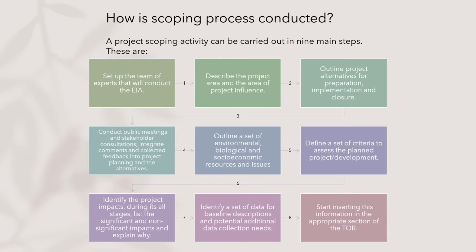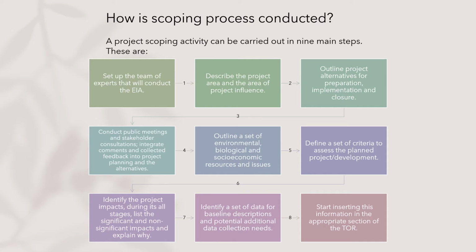So how is it conducted? A project scoping can basically be carried out in these 9 steps. First, you have to set up the team of experts that will conduct the EIA, describe the project area and the area of project influence, outline project alternatives for preparation, implementation, and closure, and then conduct public meetings and stakeholder consultations, outline a set of environmental, biological, and socio-economic resources and issues, and then you can define a set of